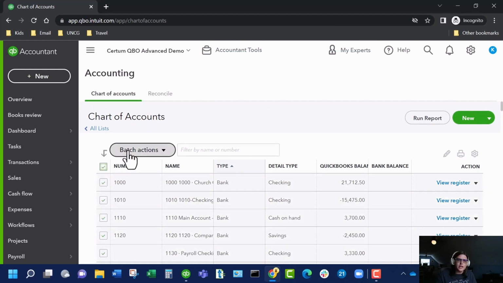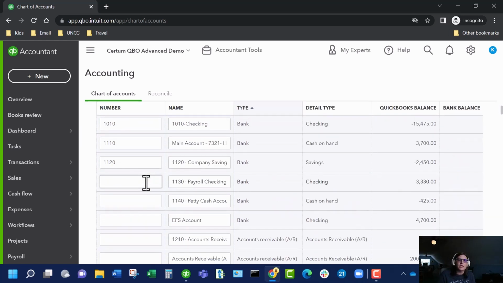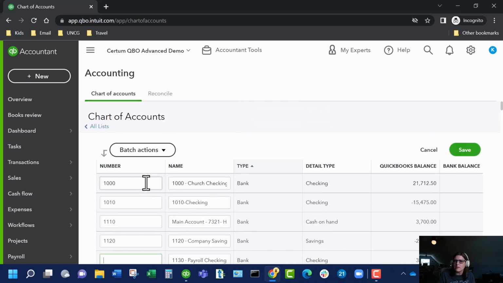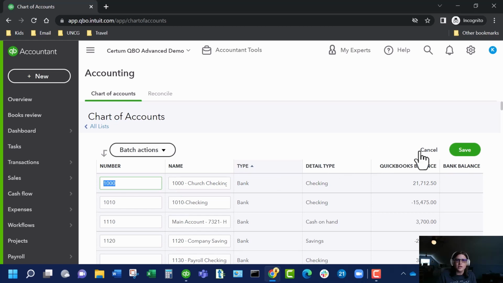Let's see, we could do batch actions. You can make these inactive in batches. Okay, you can hit edit. Oh, that's one thing I really do like about here. I don't think we could do this in desktop, but I might be wrong. Yeah, I think we could do it under add/edit batch entries. But you could change your numbering on your chart of accounts with that pencil, which I think is really cool,